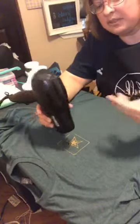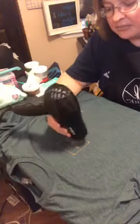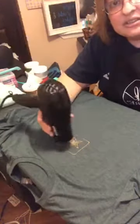A little bit of shimmer still coming up. I know you're thinking, are you crazy? Well, yes, but that's actually pretty dry, so it's not too bad. Okay,